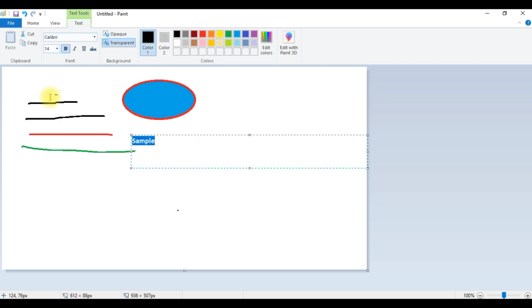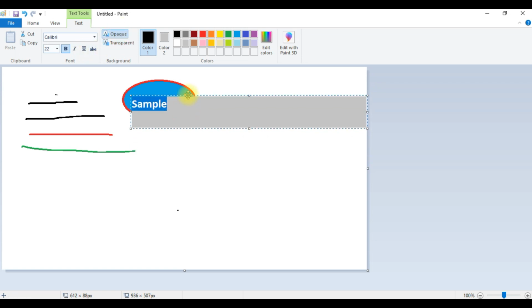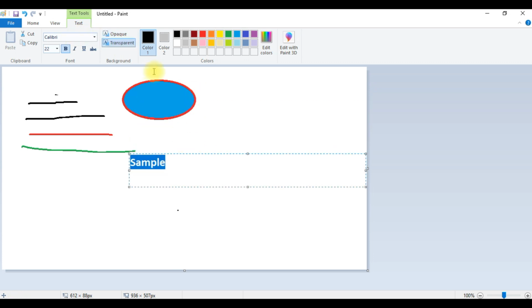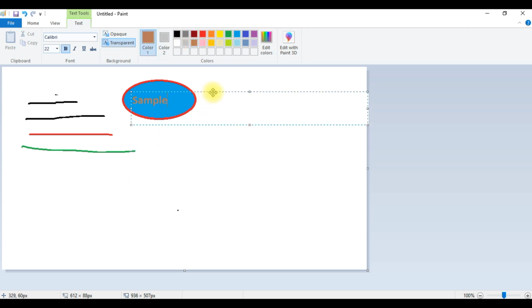You can change the size here, and you can change the format, underline, and this opaque, so transparent. Then if you want to change the color, go here and click like that, then it will change. You can keep it here, and you can change the position of this text box.